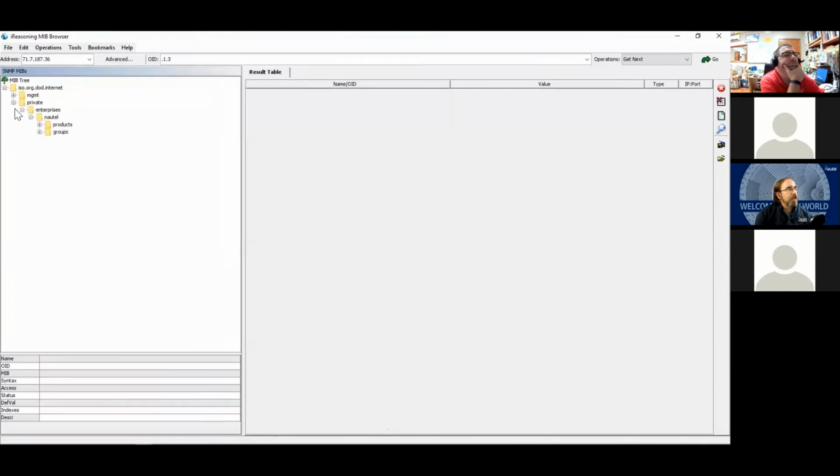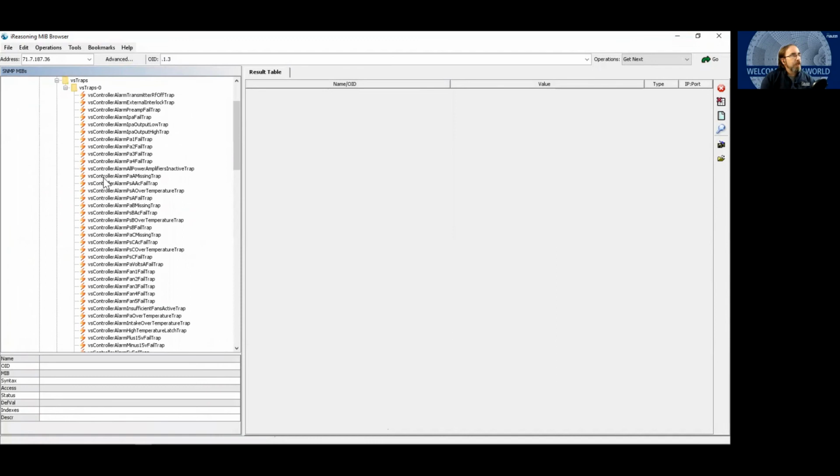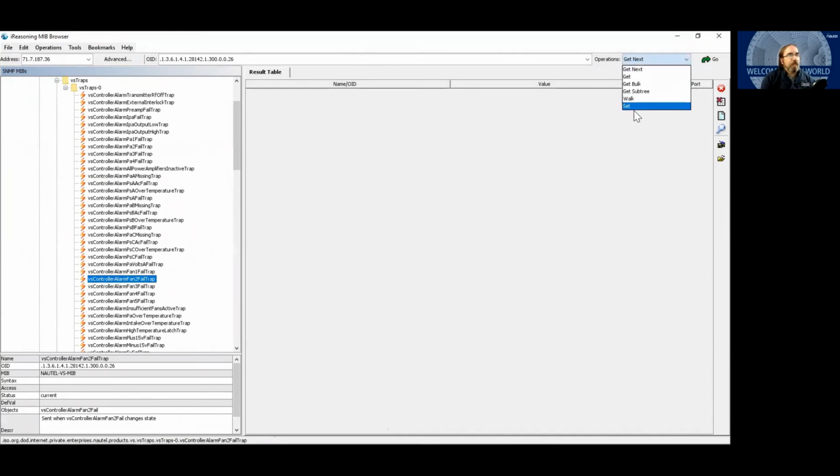And as I said, you can break it down. In this case, I've got the VS300 MIBs loaded. And you can pick and choose any single one. You can tell it to get the file. You can tell it to get next. If I wanted to set, let's see,